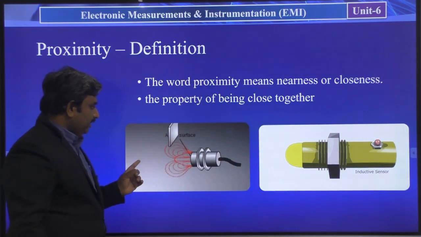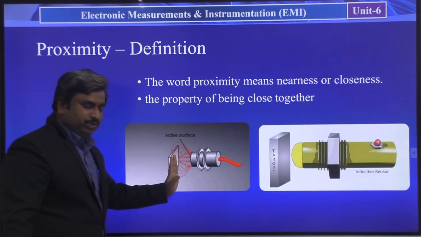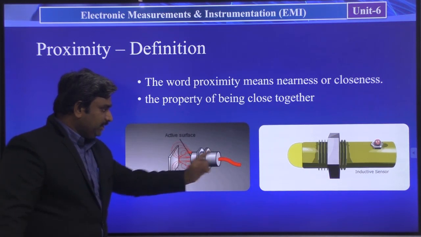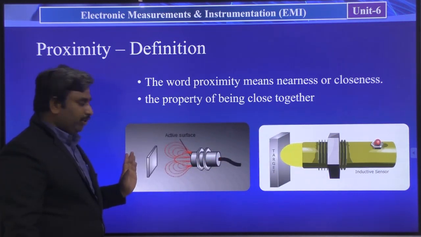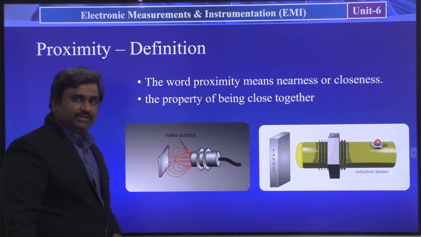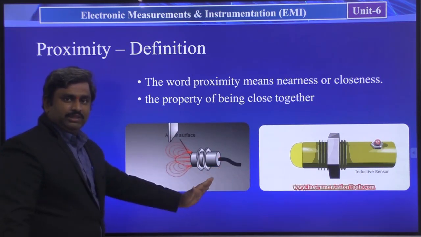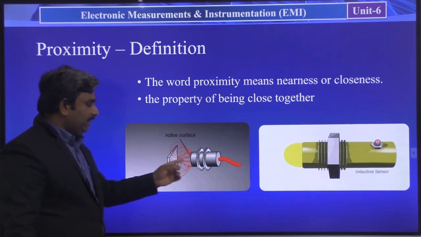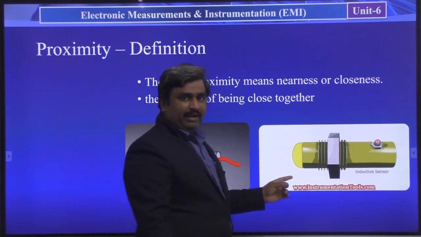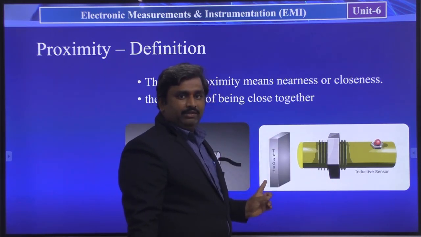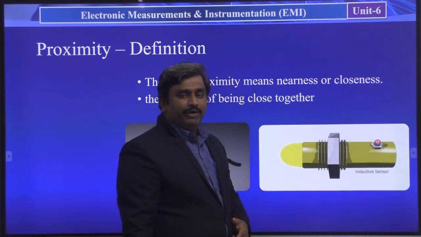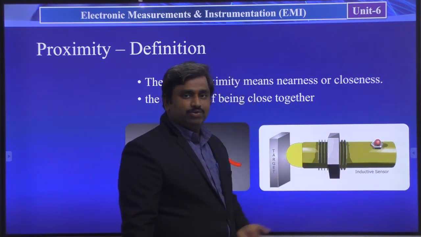Next, a target device is coming close to this sensor. When the target device comes too close to the sensor, then the light is going to be on, then the signal is going to be on. When the target is close, you can see the red color indication. When the target is close, the signal will be available at the output of this sensor, some electrical signal. At the same time, when the target is close, the LED light is going to glow.